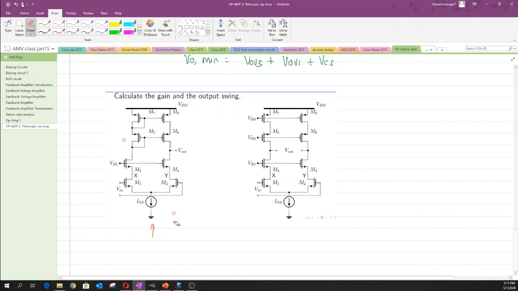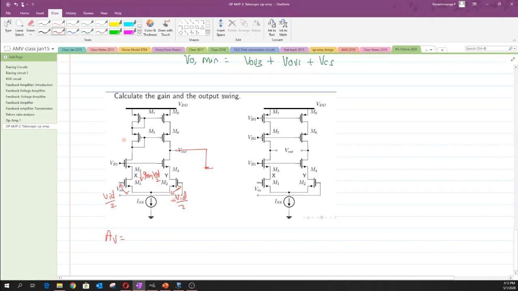Now let us quickly review this single-ended structure's gain. One could write this gain expression by shorting this node to ground. When you apply an antisymmetric input, since the circuit is symmetric, this VID would appear as VID by 2 here and minus VID by 2 here. These are the gate-to-source potentials of M1 and M2, due to which there is a small signal current across M1, which is nothing but gm1